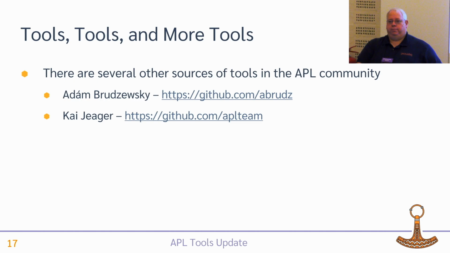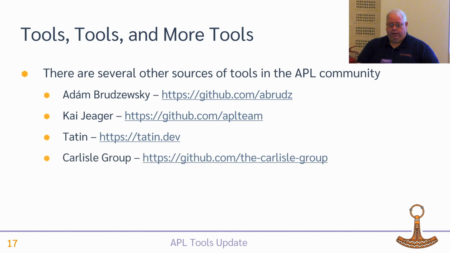I started using those when I first started using Dyalog, and when I first met him at Dyalog 2009, I thanked him profusely because he gave me a real leg up on using Dyalog. There's Tatam, which we've mentioned, which is the APL package repository. And while Kai is the primary contributor to that, if the community could also push their tools out to it, that would be terrific. The Carlisle group has also got some really good